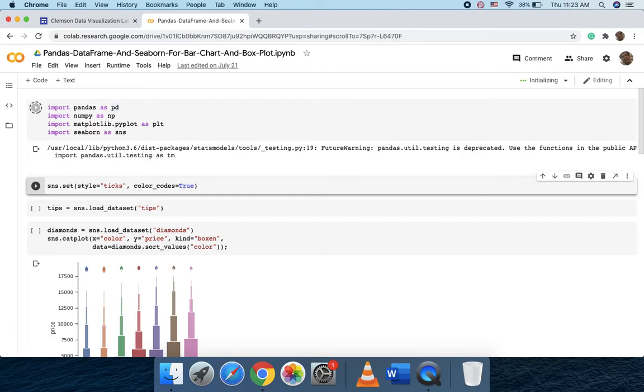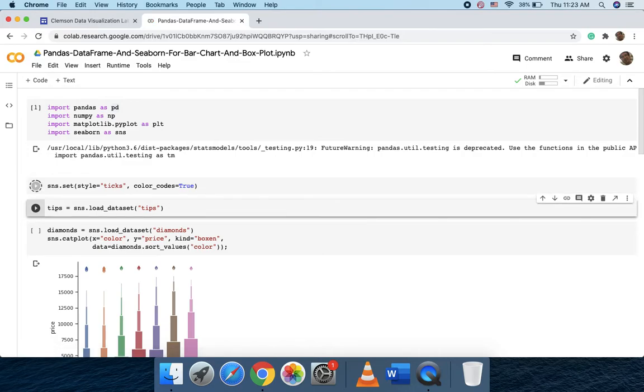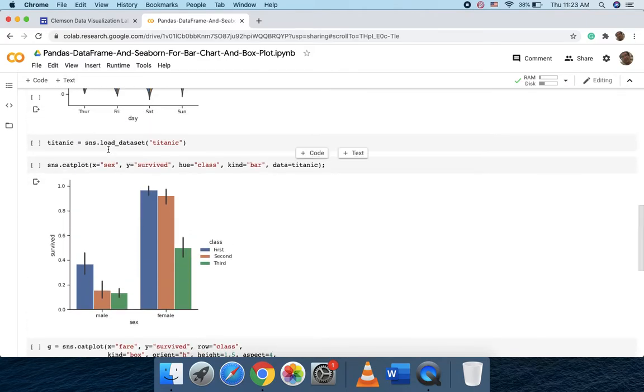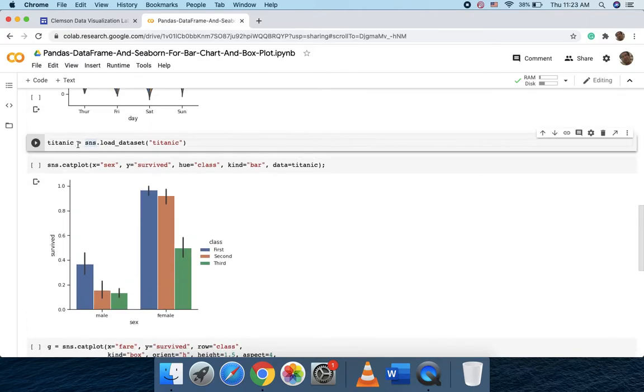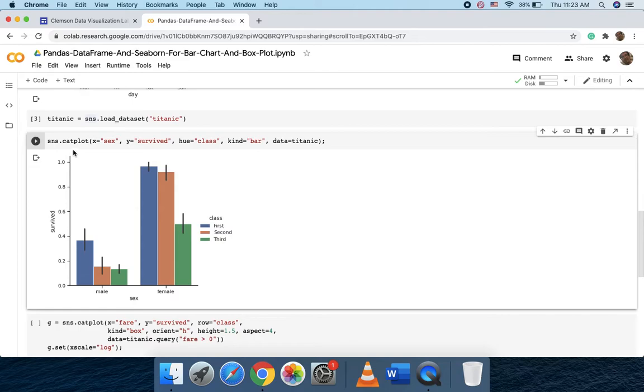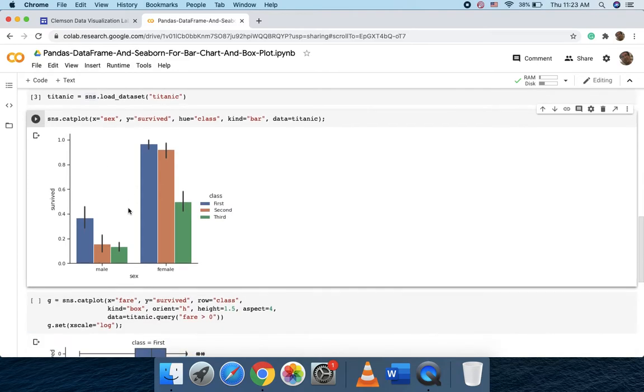After that, it seems to be working now. And then define some style for seaborn. And then load the Titanic dataset, as we saw, and then create this bar chart here